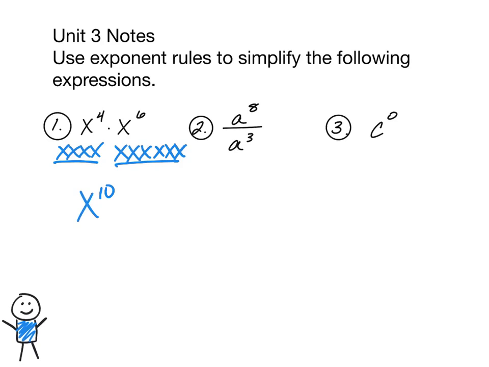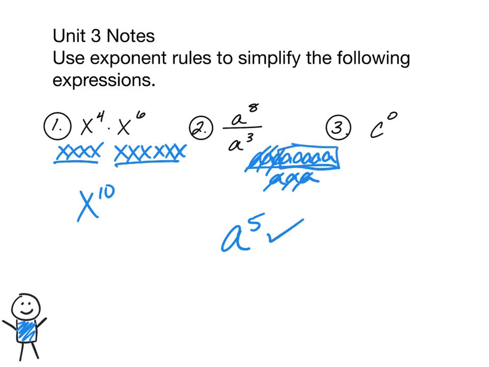Take a look at number 2. 2 says a to the 8th power divided by a to the 3rd power. Well, the rule here is when you divide like bases, you subtract the exponents. So in this case, 8 minus 3 gives you 5. So the result is a to the 5th. Another way to think of this is if there are 8 a's on top, and then you have 3 a's on the bottom, if you crossed out the stuff that's the same on top and bottom, you're left with 5 a's on top,